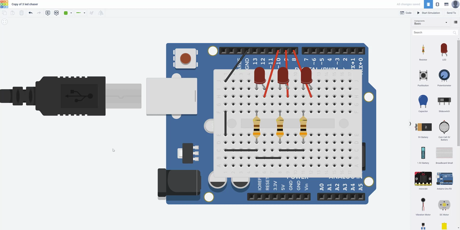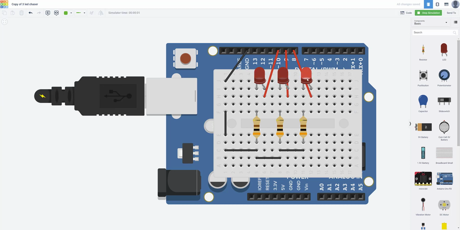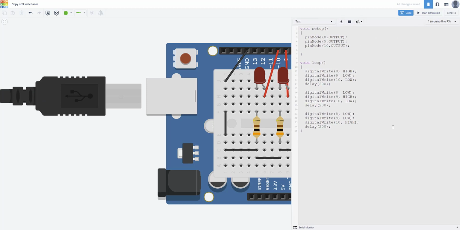Okay, so in the previous video we made the 3 LED light chaser, but the code was not too pleasant. So I'll just remind you, we run it so the lights are actually going to flash from pins 8, 9 and 10 and keep cycling around. When we look at the code, it was fairly